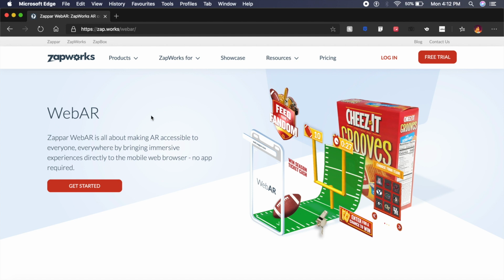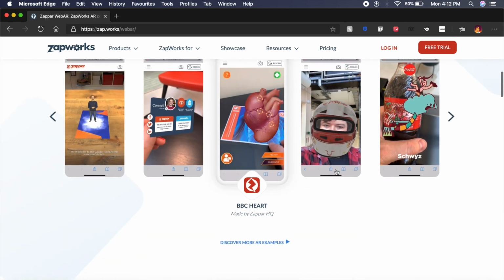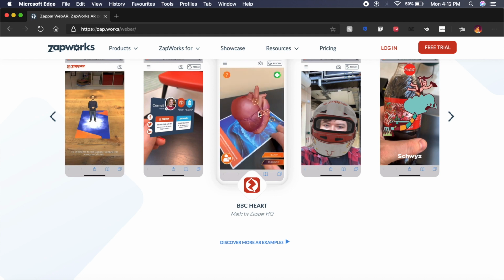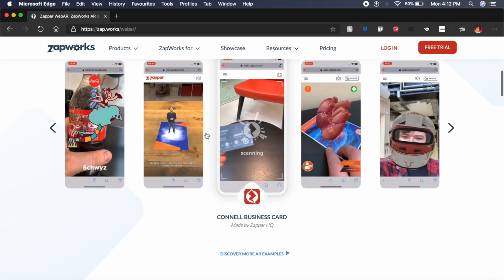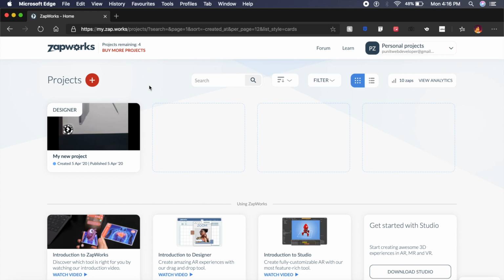And as you can see, this is a web AR based tool which allows you to create such amazing interactive augmented reality or AR designs right here on your phone. And you don't even need any software support on your phone. You just need to open this website called web.zappar.com. Okay, once you have ZapWorks opened up and you're logged in or signed up, you will see a project